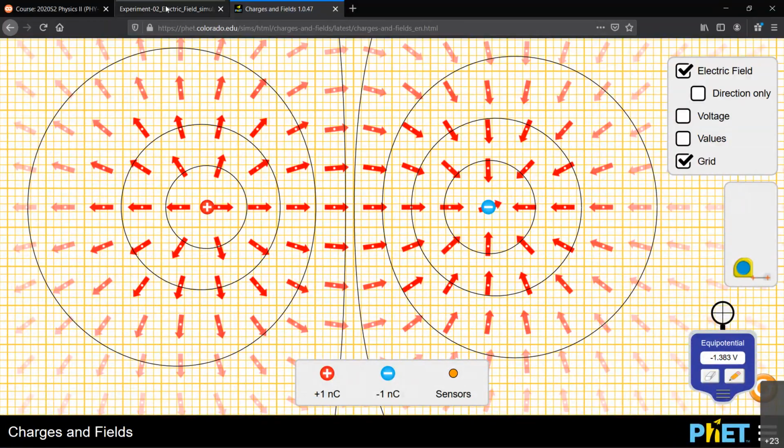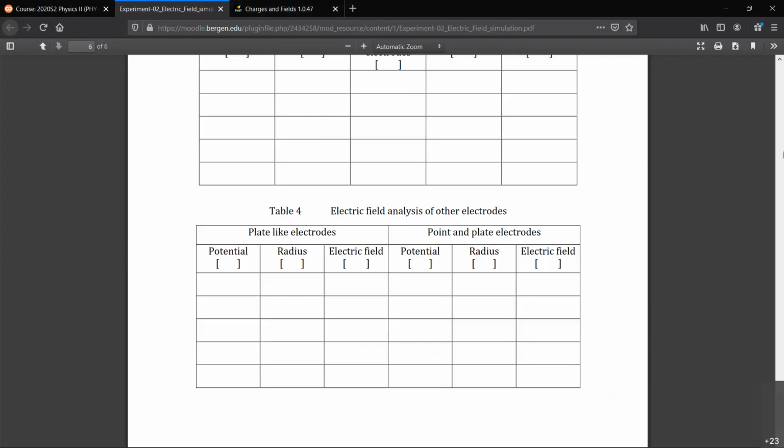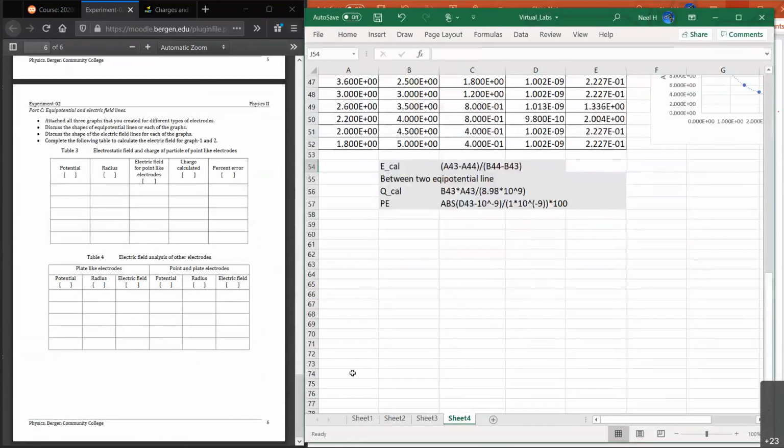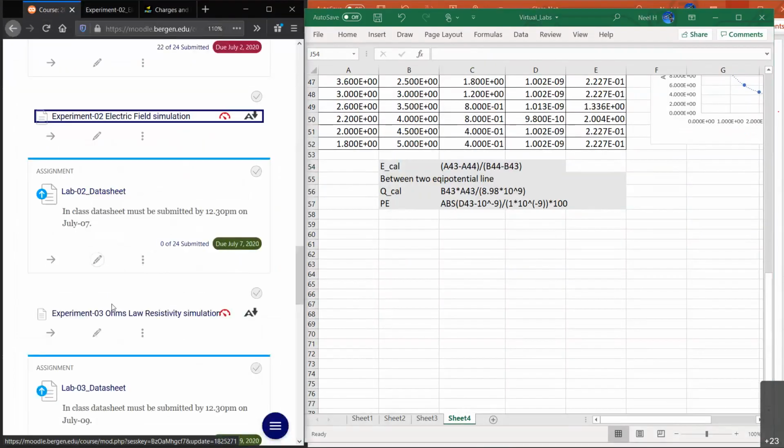I will explain tomorrow morning how to get that by combining these charges, and then we're going to finish that table tomorrow morning. So any questions so far from tables 1, 2, and 3? First 3 tables, anybody have any questions? You can submit before the exam, or you can submit after the exam, doesn't matter. You have time till 1 p.m. today, okay? I changed the time for today's lab sheet till 1 p.m. You can submit any time before 1 p.m., but it has to be submitted, okay?